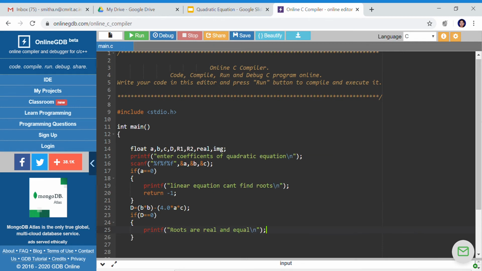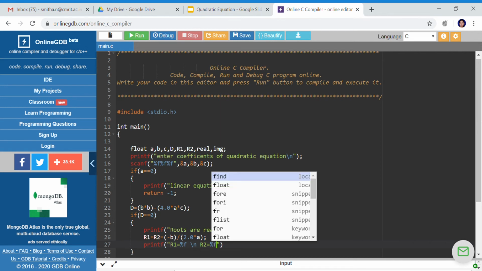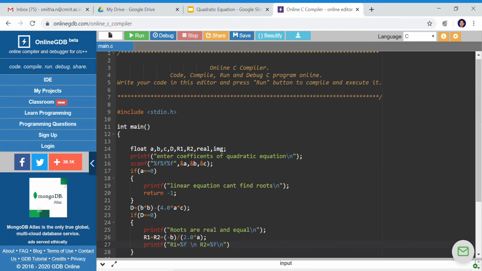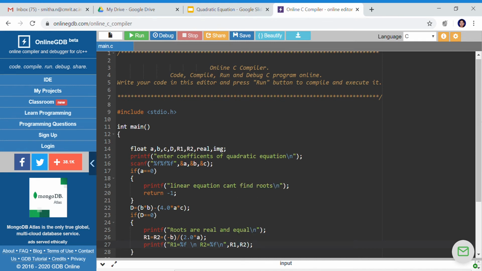Then I will compute r1 and r2, which are equal, which is nothing but minus b by 2 into a. After computing, I print the roots using printf: root r1 equal to %f backslash n, r2 is equal to %f backslash n, with r1, r2 as arguments.